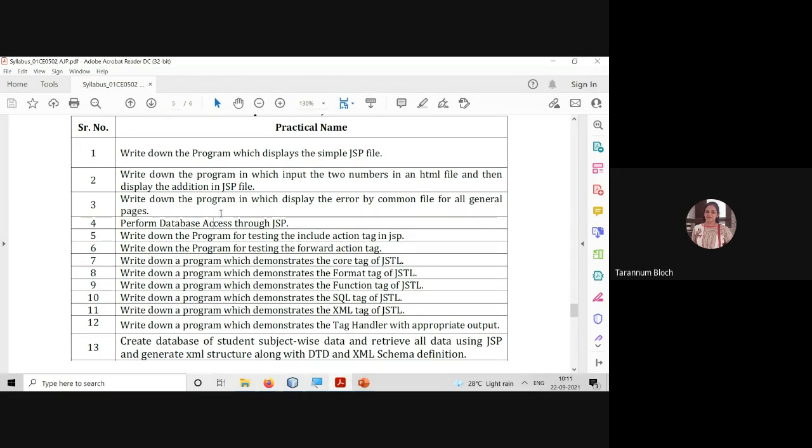Anyway, so we are moving to practical number 4, which says database access through the JSP.